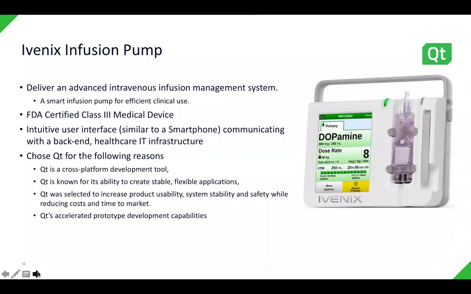So they chose Qt because it's a cross-platform development tool. It's known to create stable, flexible applications. They wanted to increase product usability and system stability and safety while reducing costs and time to market. So product usability, people are going to use this product because it's more modern versus the old rotary knobs and mechanical type of interfaces. And the accelerated prototype development capabilities of Qt, Petrif had gone over a few different tools